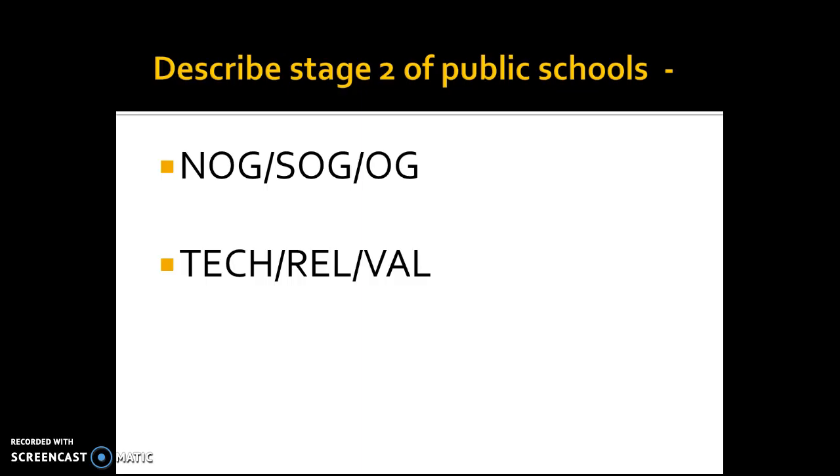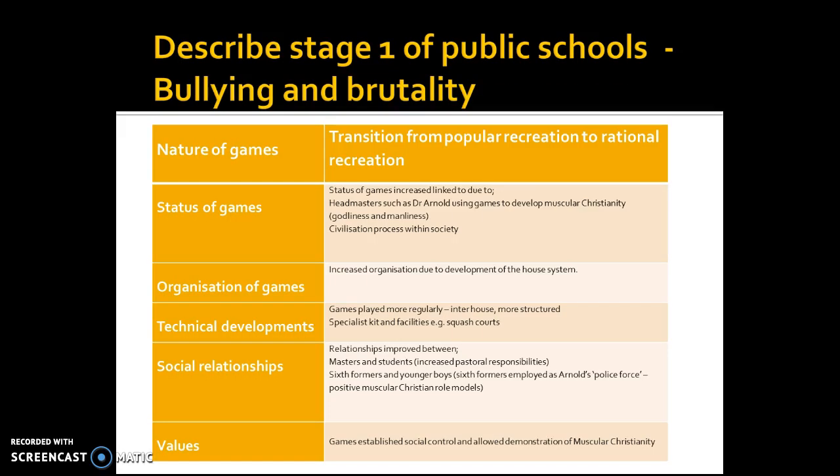Now, bearing in mind, we're going through a transition in historical periods here. We've had popular recreation parallel with stage 1. Now we're going towards rational recreation. So now what we're looking for is how do things change? We're in this transitional phase, talking about 1800 to 1850 in rational recreation, that early part of the Industrial Revolution. Public schools are starting to change. So the key word here is transition. So your first thing then,